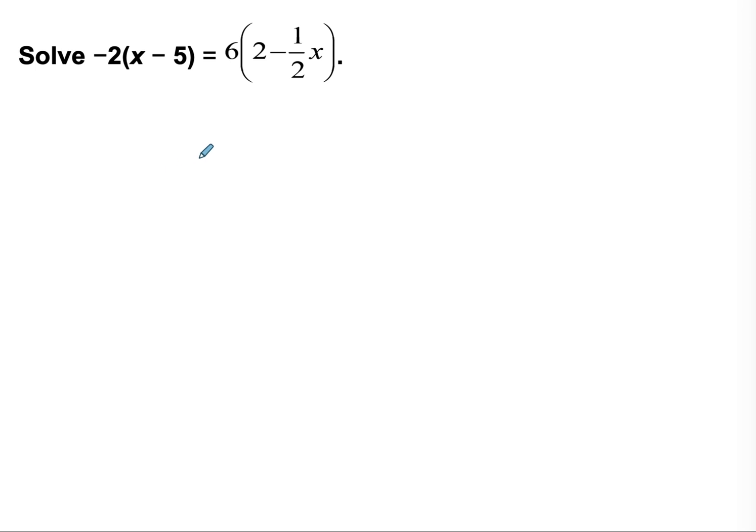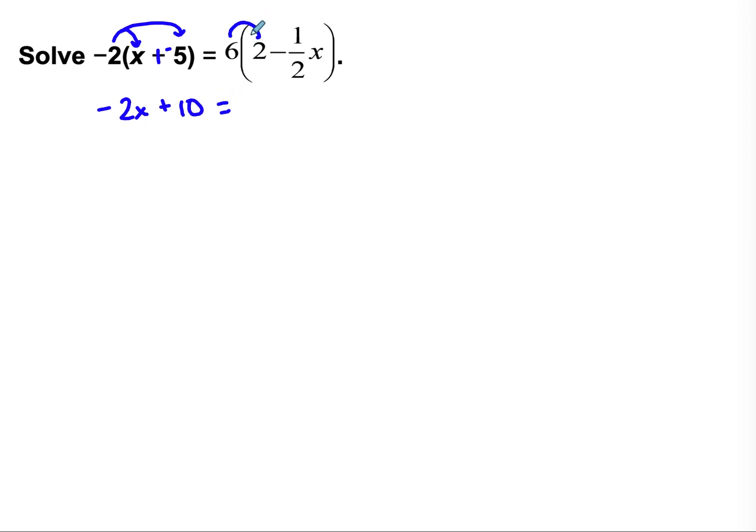Now, this one's a little more complicated than our last one because we have numbers to distribute. We have numbers in front of these parentheses. We also have a fraction. Don't worry, it's the same steps as what we've done before on our equations. It's just going to take a little bit longer to solve. Okay, so I have negative 2, and I need to distribute that to both parts here. I'm going to do a boom, boom, just so you can see that's a negative 5. So negative 2 times x is negative 2x plus negative 2 times negative 5 is positive 10